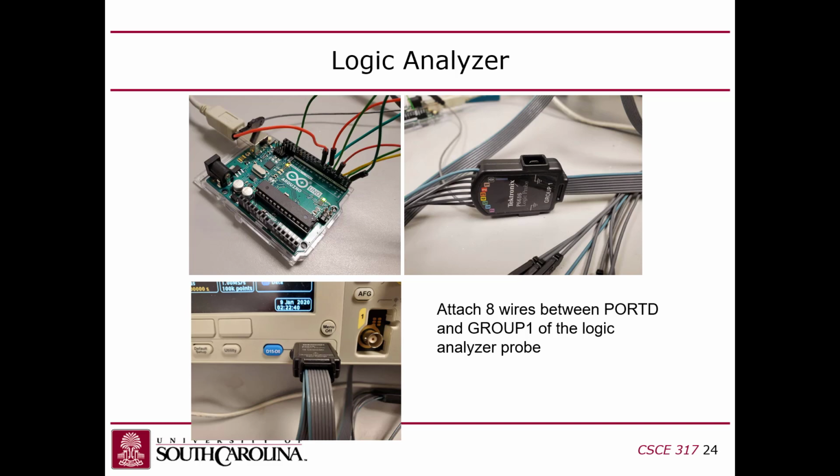Okay, so anyway, I know port D is down here. Why did I pick port D? I don't know. Port C only has 7 bits, so that wouldn't have worked so well, but I could have picked port B. But anyway, I picked port D. I plugged the wires in. They're color-coded according to the bit, so you have to put them in the correct order. This thing is then plugged into the logic analyzer right in the middle on the bottom. And then